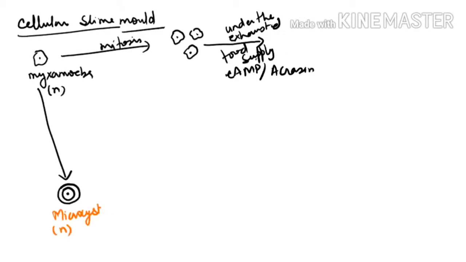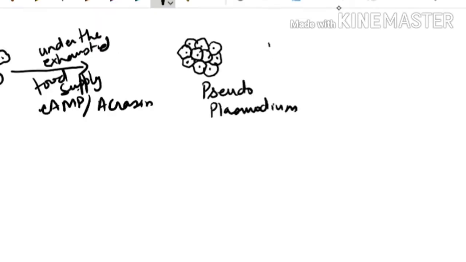These myxamoebae will come together to form a pseudoplasmodium. So they are coming in aggregation. Now see one thing, check the diagram carefully. I have drawn it big, but in reality they will not be this big. They will appear very small. That gives an appearance as if it's a multinucleate plasmodium-like, but we will say it is pseudoplasmodium. Coming in aggregation under the influence of a chemical indicates it is a step towards multicellularity.